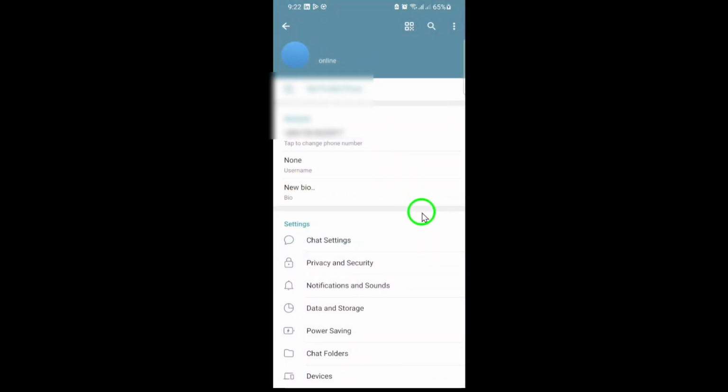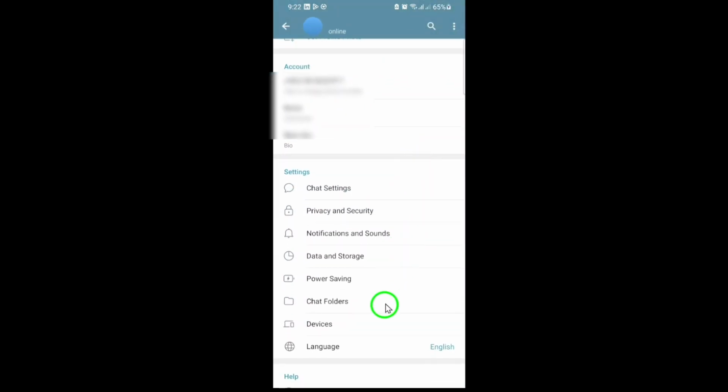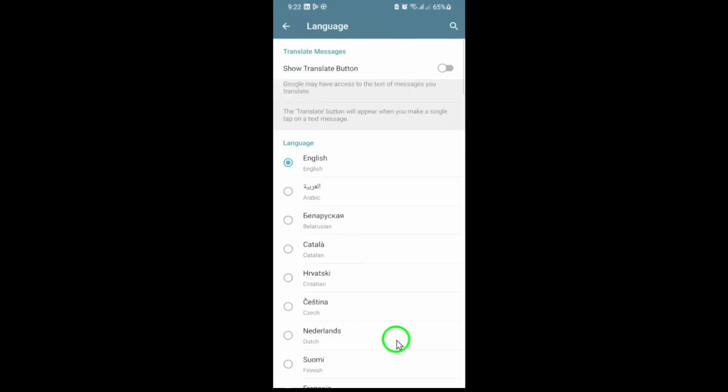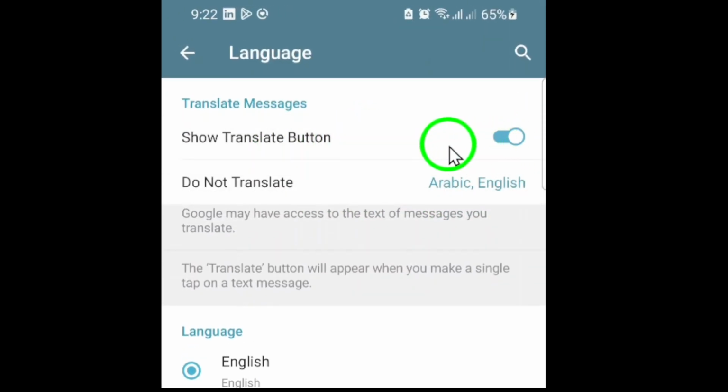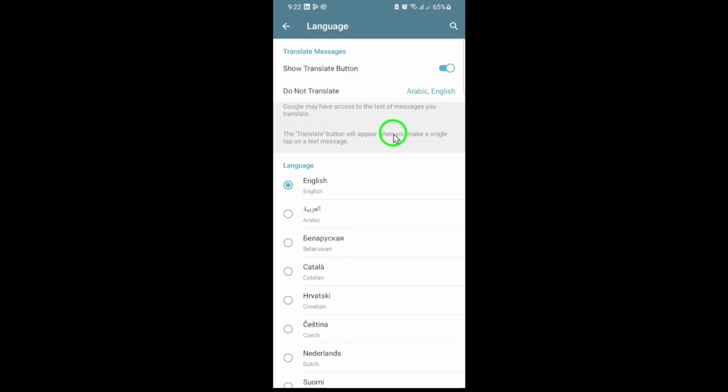In the Settings menu, look for the language option and tap on it. Here's where you'll find the translation settings. Now, you'll see an option labeled Show Translate button. Go ahead and turn this on. This simple switch activates Telegram's translation feature, adding a Translate button to the context menu whenever you select a message